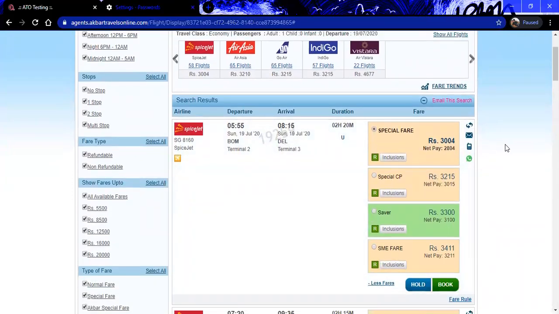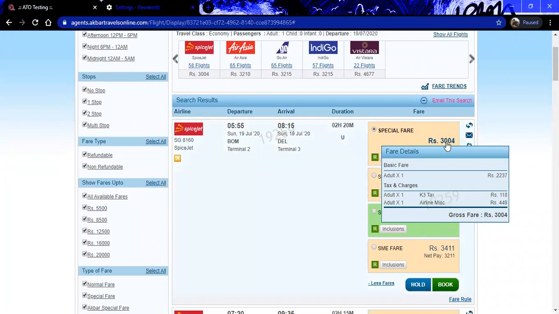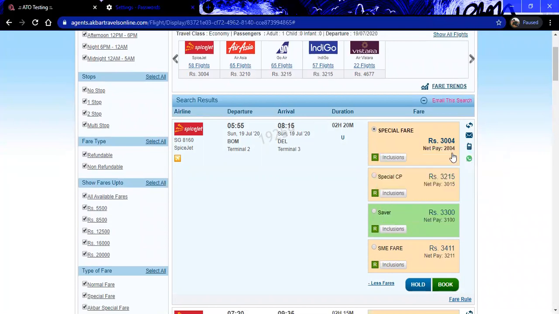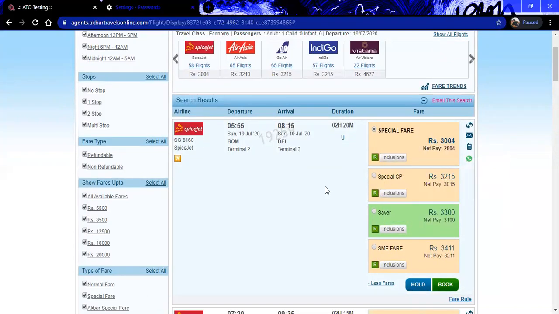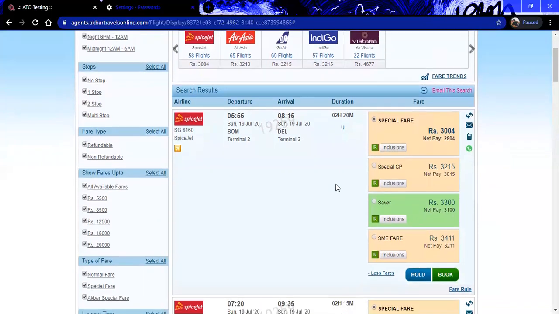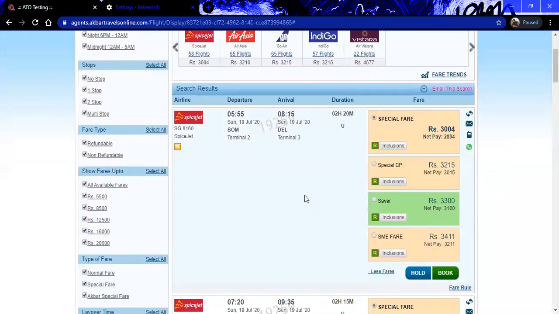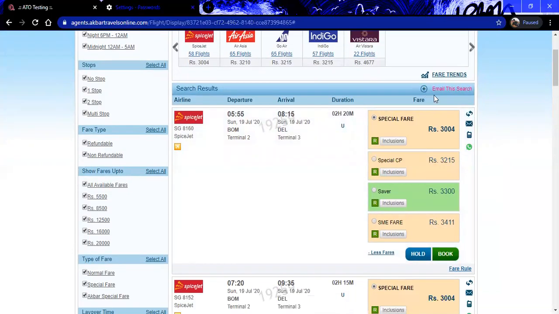Earlier the fare was 2804. Now it is showing the fare after adding the markup we have just added, 200 rupees. Going on to the net pay, the mouse over will show you your earnings. The 200 is already added on this fare in the net fare. So it will show accordingly, and this is the instant markup option which an agent can make good use of at the particular point of time of selling. So this is how the net pay and the instant markup work. You can disable this also.